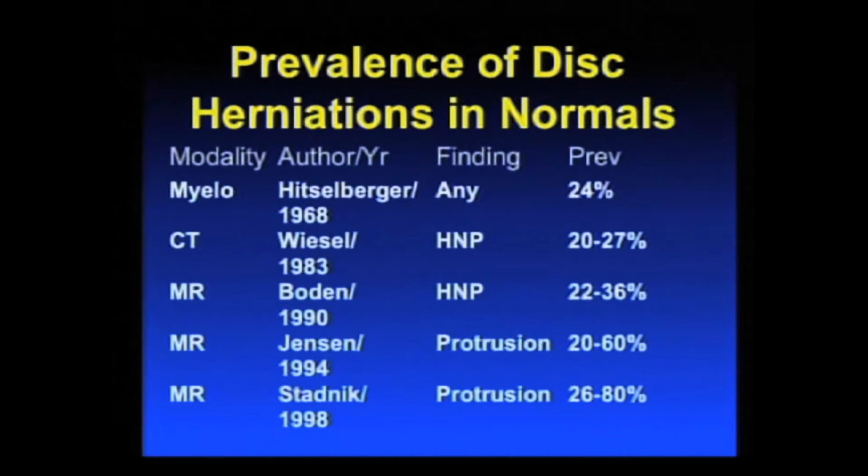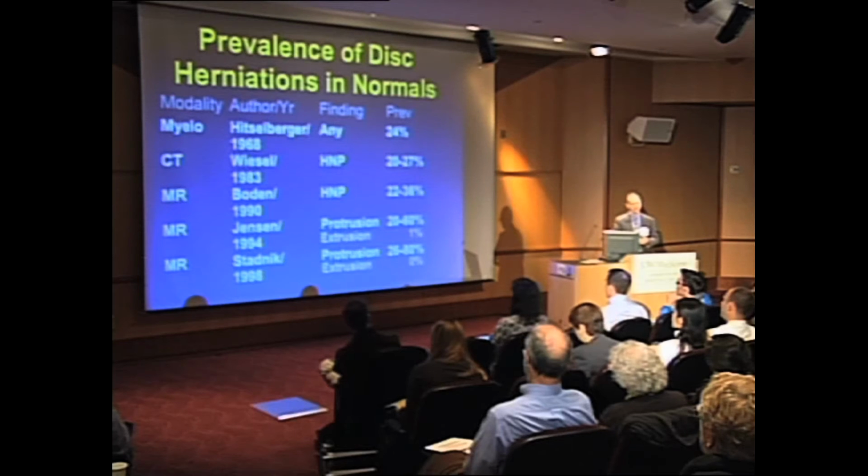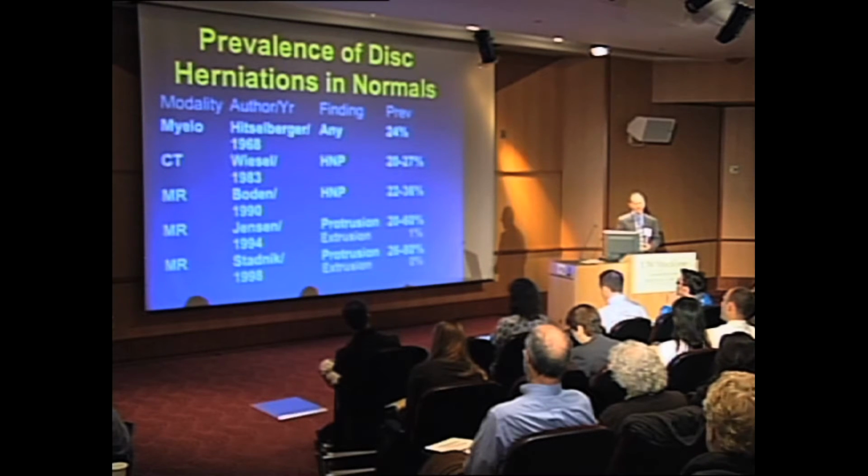And then Jensen, and this was a New England Journal article that was published in 1994, where they really first codified this use of protrusion and extrusion, showed that while protrusions were quite common, extrusions were unusual in patients without low back pain. And then a number of other studies have replicated that since then. And so hence, the implication is that extrusions are the clinically more relevant imaging finding than protrusion.